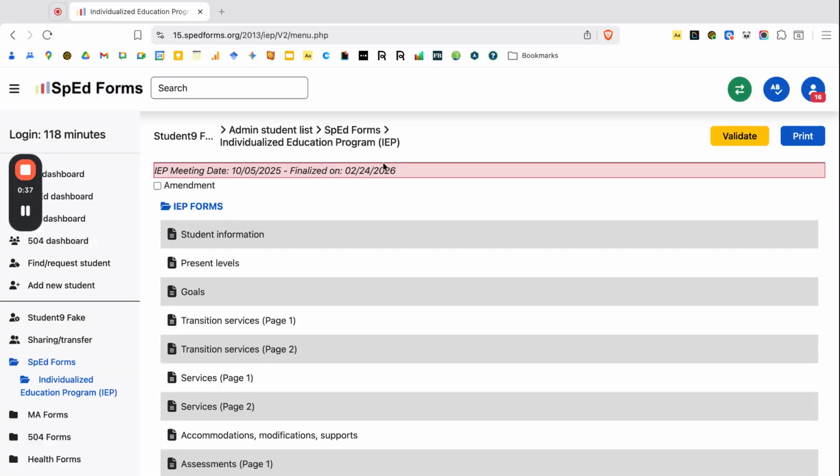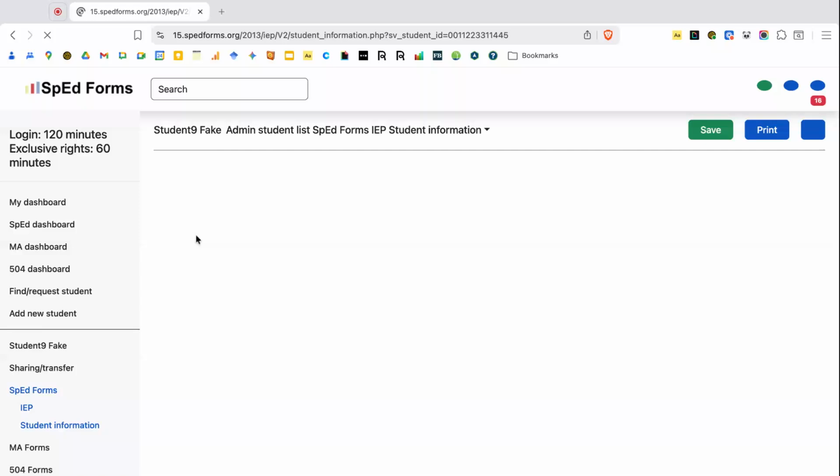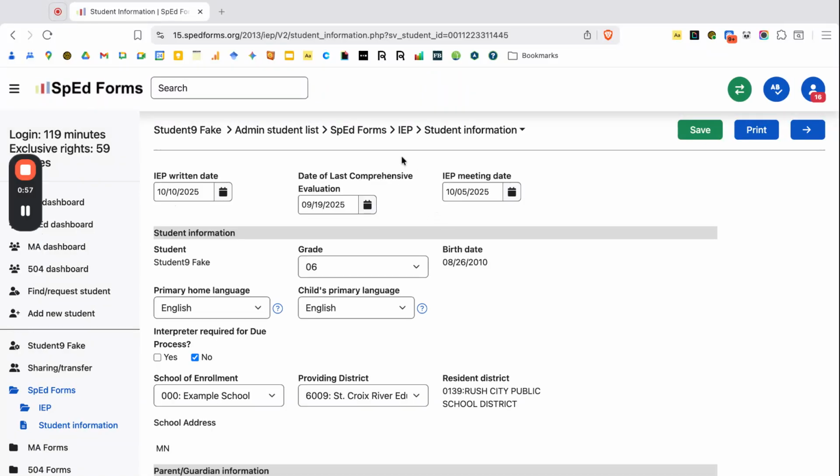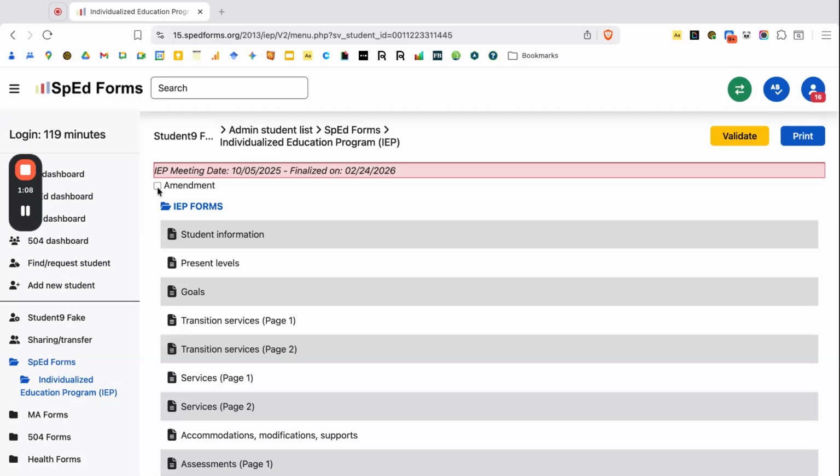And this is how an IEP would look after you've had that annual IEP meeting and rewrote and updated the whole IEP. And I'm at the point where I need to make an amendment or an edit to this IEP. So I am going to show you one thing before I click that amendment checkbox. Okay, so I went into student information and you see these dates up here. So IEP written date, last comprehensive eval date, IEP meeting date. If I go and then check the amendment box,